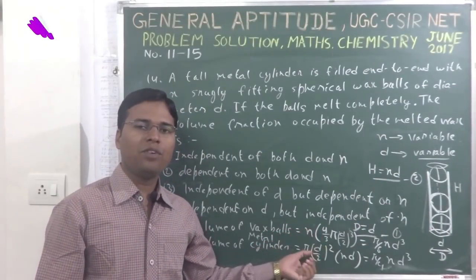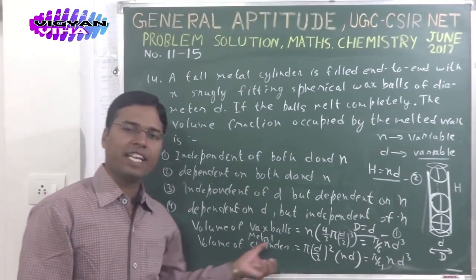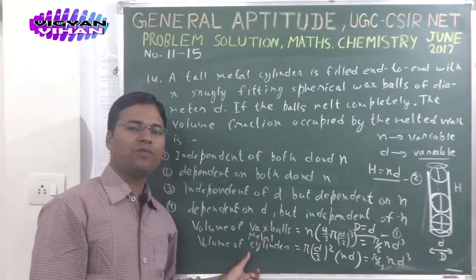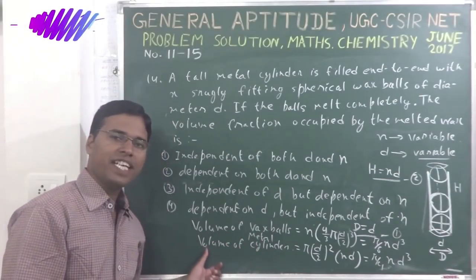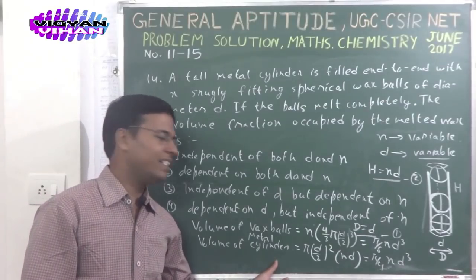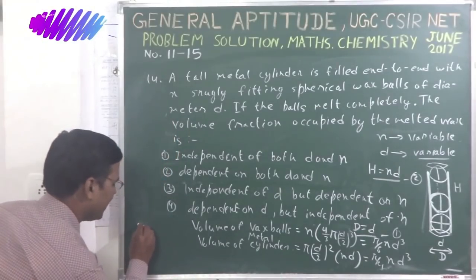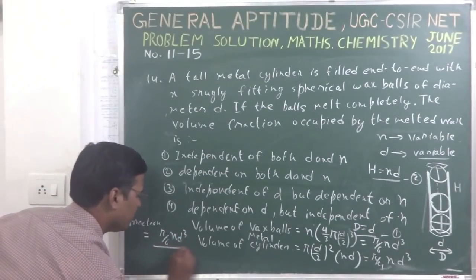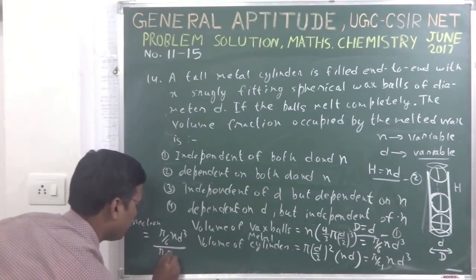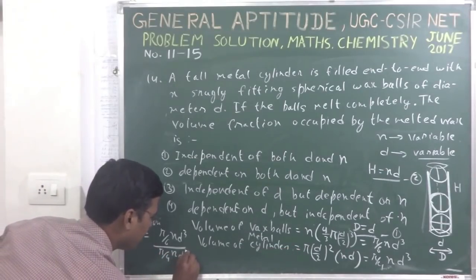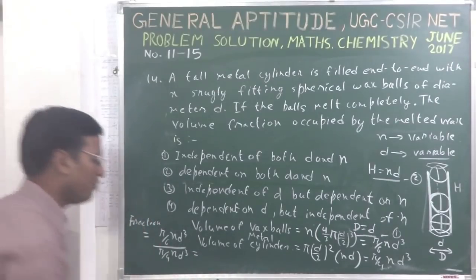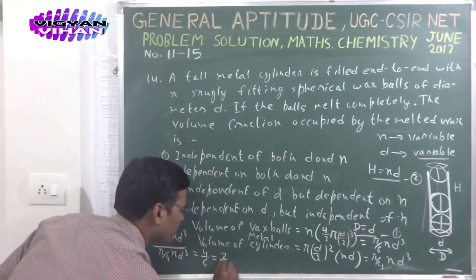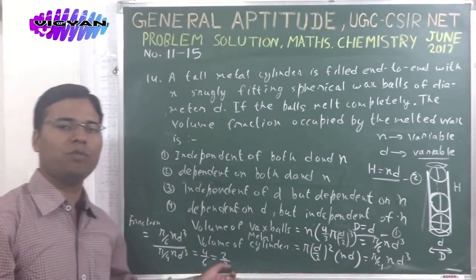Using both relations, the fraction of total volume of wax balls with respect to the volume of the metal cylinder can be calculated: pi by 6 n d cube, divided by pi by 4 n d cube. The final value would be 4 by 6, that will give you the fraction 2 by 3,